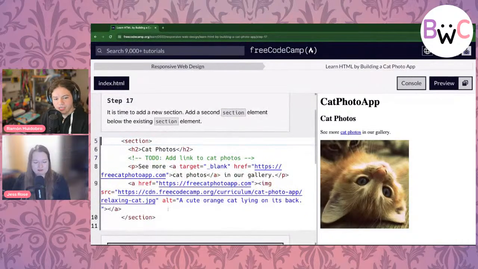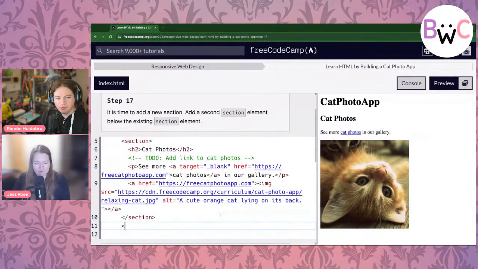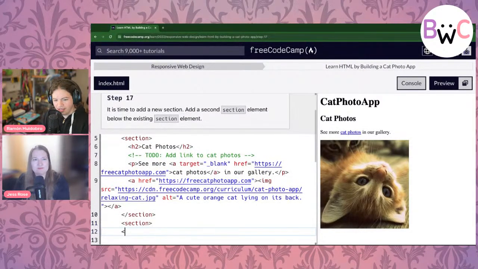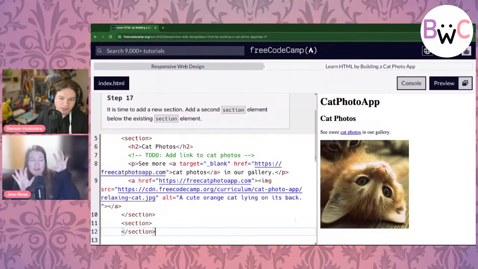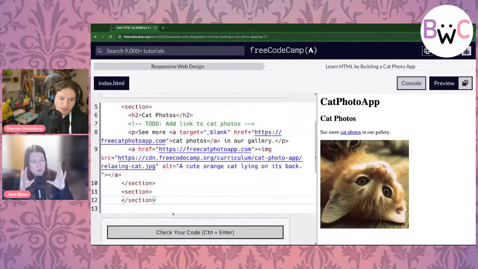So now we've got a new section we need to add. We're going to add a second section below the existing one. And this one's going to be empty. So we're not going to see any new content, but we're just declaring, hey, there's another section of content here. I think the next thing we better learn is a way to tell these sections apart. Because we learned that semantic elements carry additional meaning, and so far, all this tells me is there are two sections on the page. It's not as helpful as it could be. I bet we're going to learn. I bet it will.